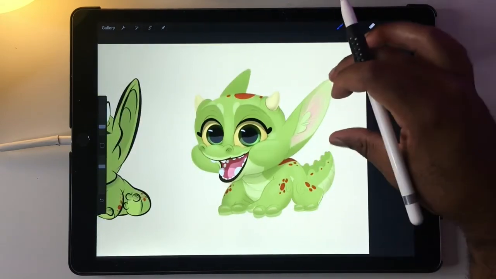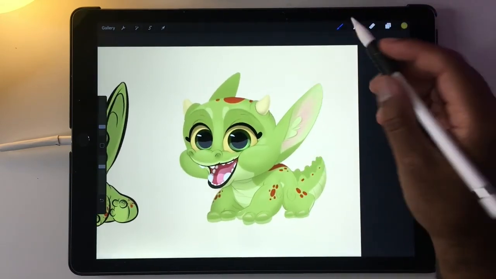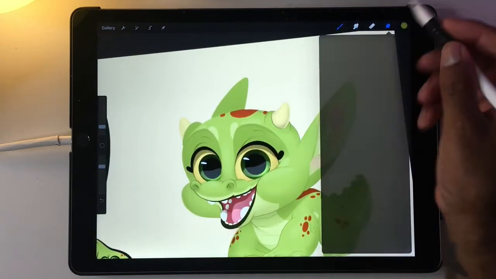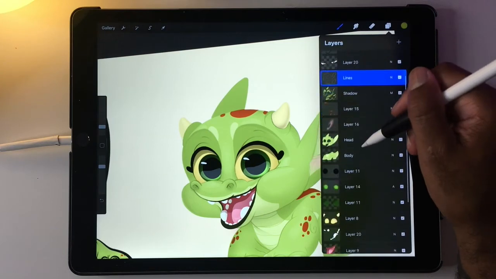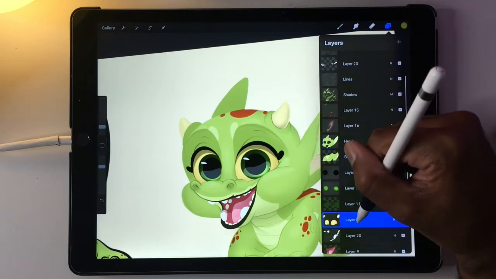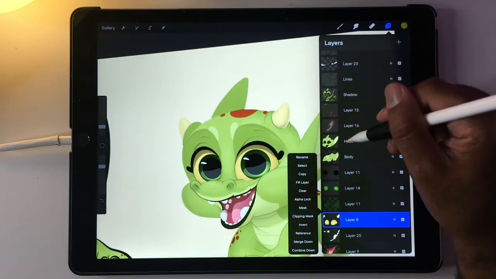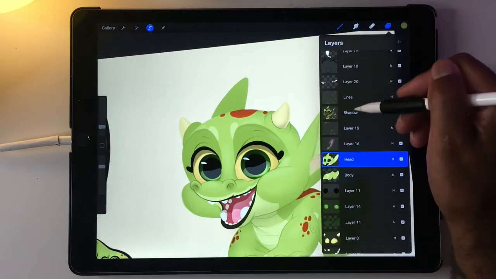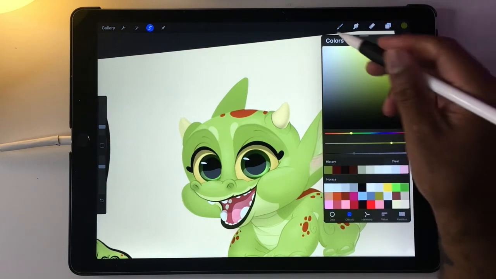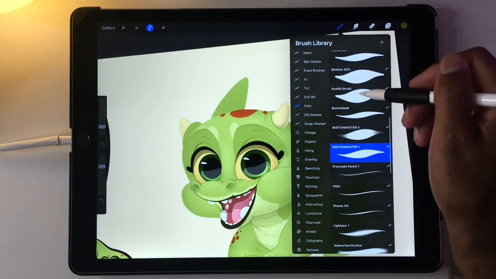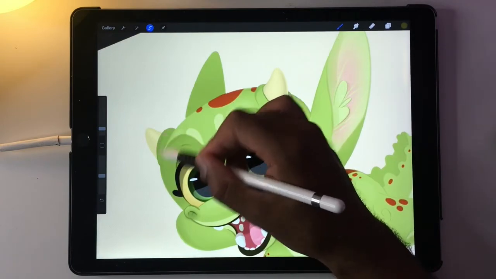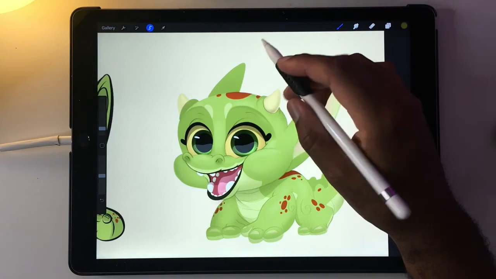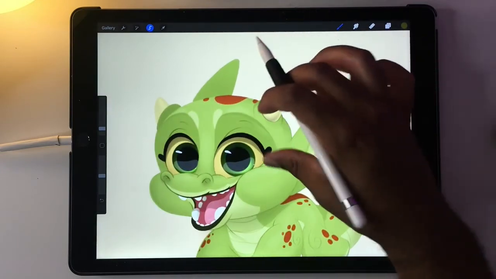Okay. I think I'm pretty happy with this little fella. The only thing that I can add is maybe just a little more darkness to some parts of him. Like this. And